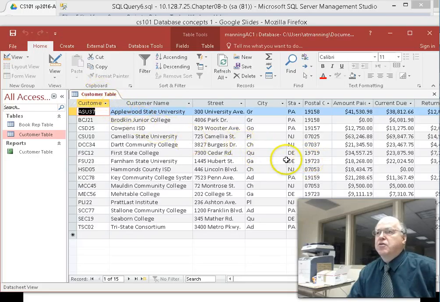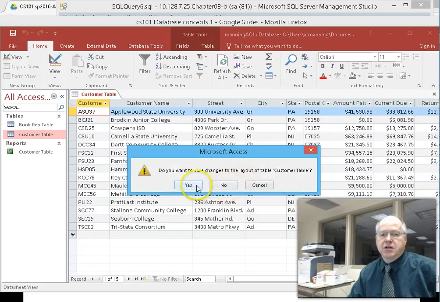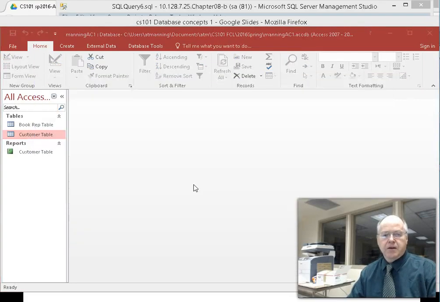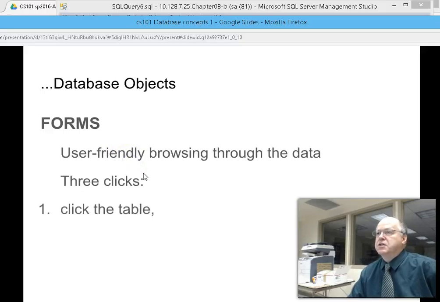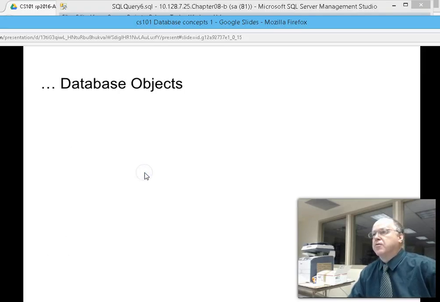So you can always use a form to make it a little more user-friendly. And because I adjusted the column, it's going to say, do you want to save changes? I say yes. So 3 clicks. You choose the table you want to create a form for. You click the Create tab if it's not already there, and click Form, and you have a form for the table. So those are 3: tables,